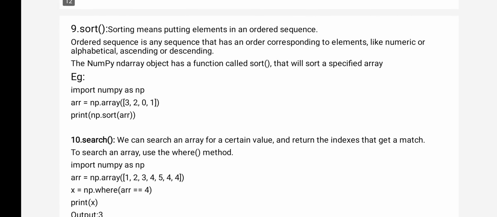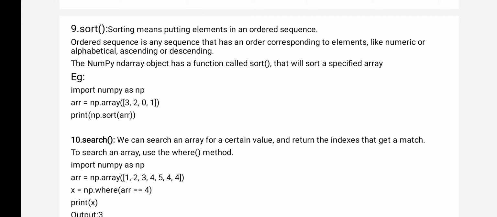Next, sort. In the name itself you have the definition, sorting. Sorting means whatever elements are there in the array will be arranged either in ascending order or in descending order. By default, if you have not mentioned anything, the list will be displayed in ascending order. So, here see the sort function, what is the use of the sort function? It will display all the elements in ascending order.